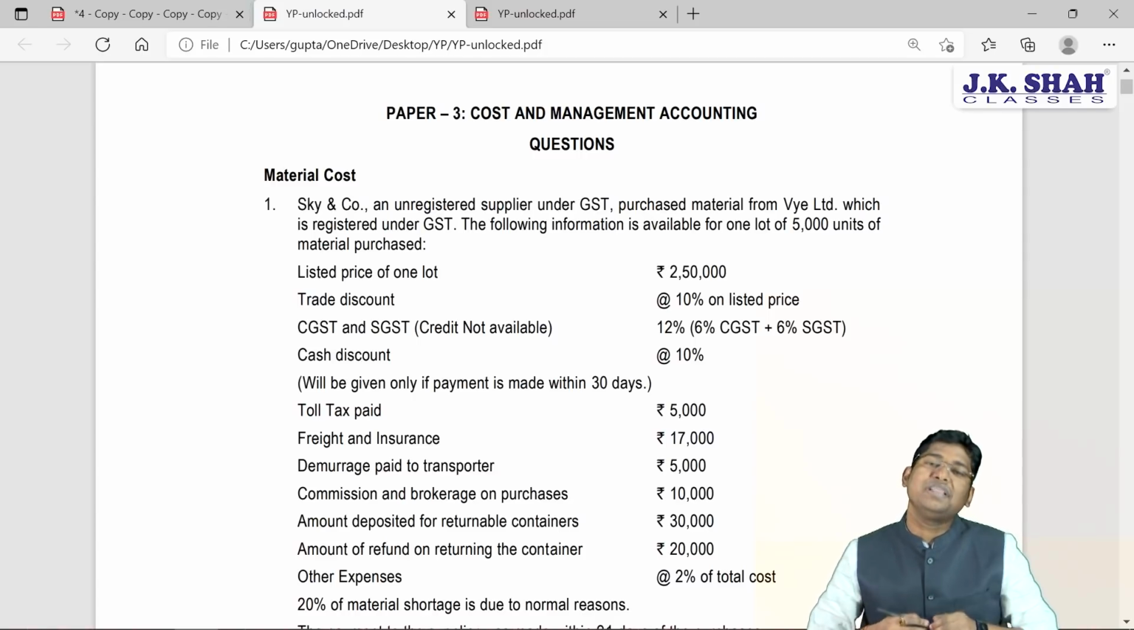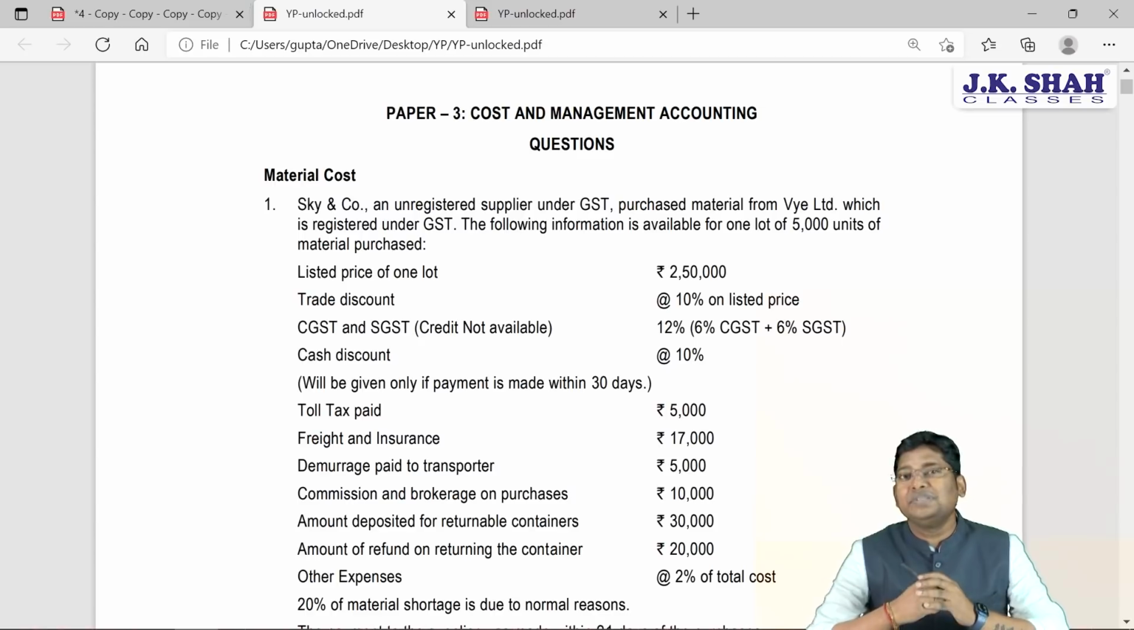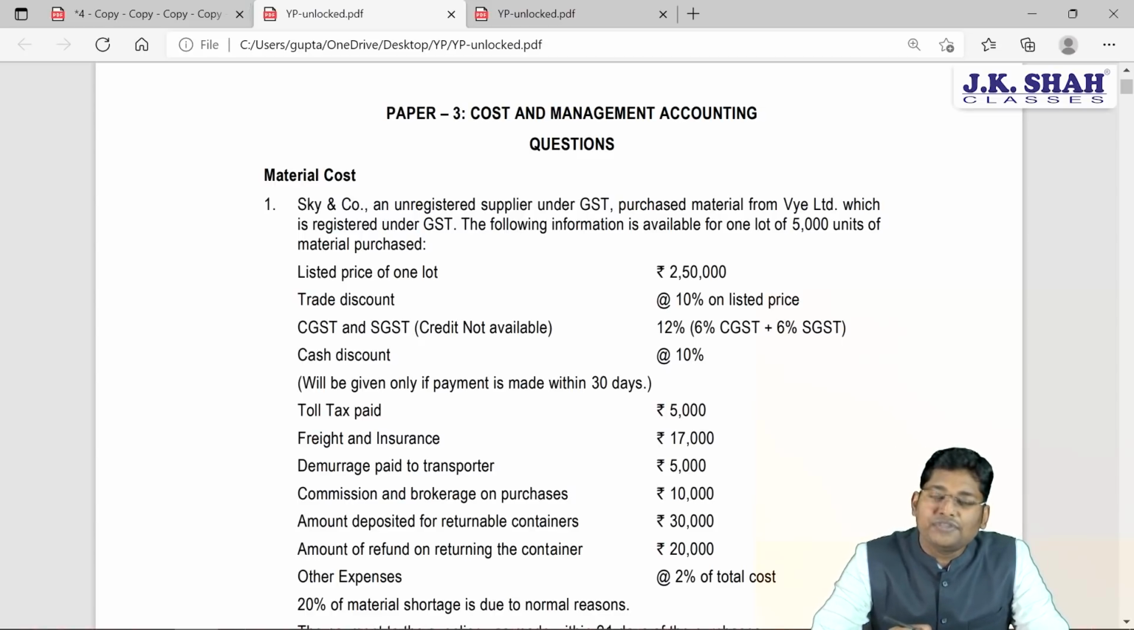So let's start with RTP discussion of cost and management accounting. The subject carries 100 marks weightage from exam point of view. Total 14 questions are given by Institute of Chartered Accountants of India in this RTP. We are going to discuss all the questions which are given. They are important from exam point of view and maximum of them are covered in our textbook of JK Shah